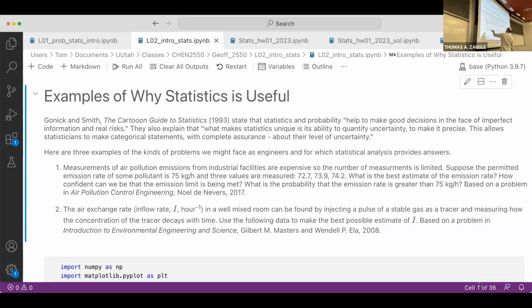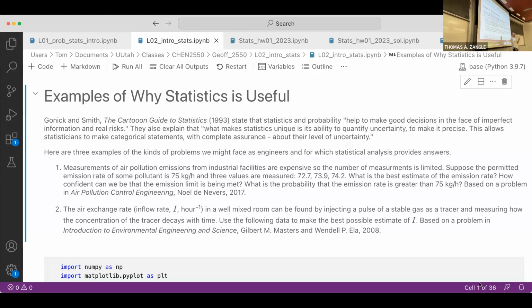So one example would be, let's say we're taking measurements of air pollution emissions from industrial facilities where each measurement that we make is very expensive, right? So we can't just take a lot of measurements. We'll see actually in a lot of statistical problems, if we could just collect more data, things generally get better. Like we get better estimates of anything we're trying to measure if we just collect more data, but often we're